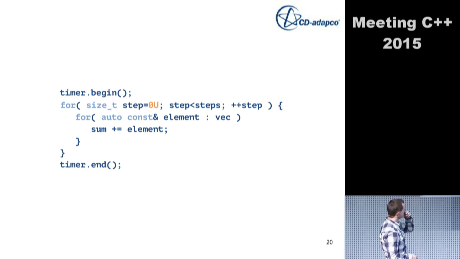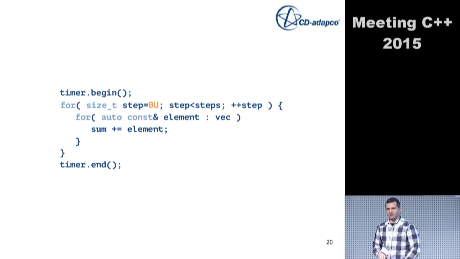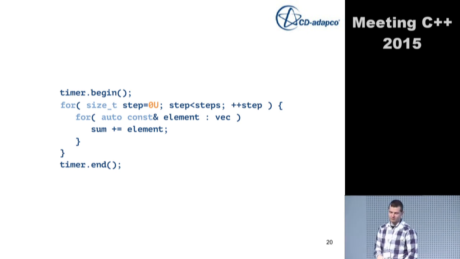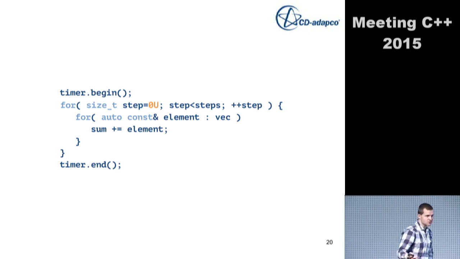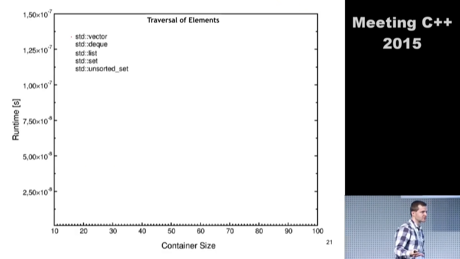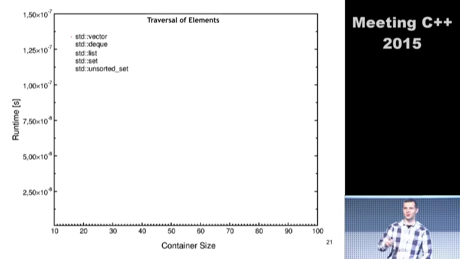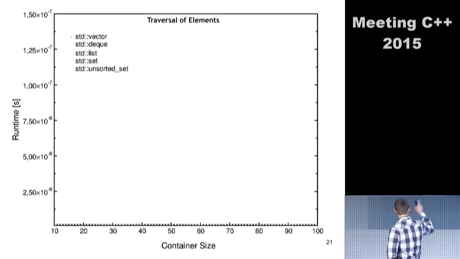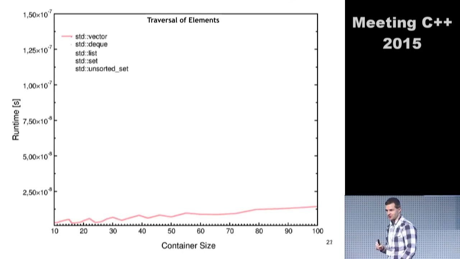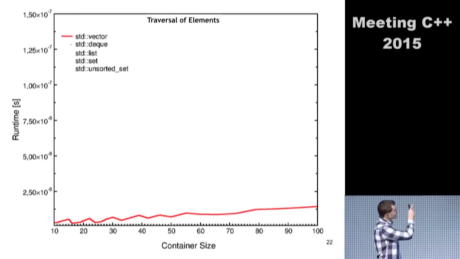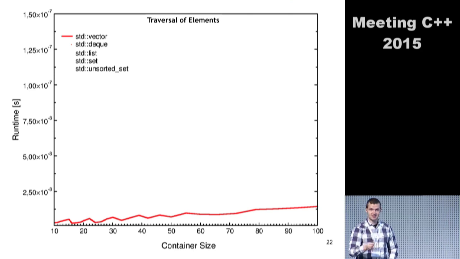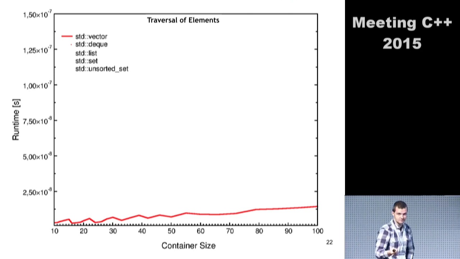Okay. So the first question is basically too simple to pose. Which container would you consider to be the fastest for this particular benchmark? So, of course, it's the vector. Vector will be the baseline in this particular benchmark. The really interesting question is, what is the performance of the other containers in relation to standard vector?